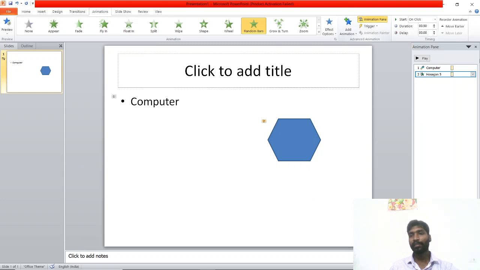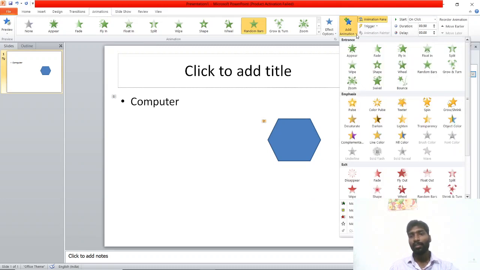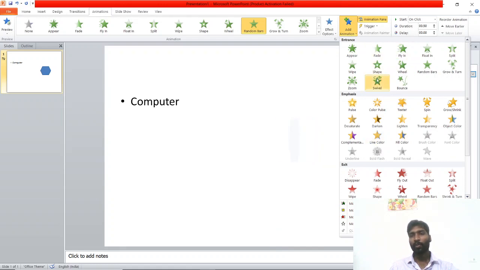Just when you click here, add animation, in this place we can able to see exit, more effect, more emphasize effect, and here is the starting of the slide.